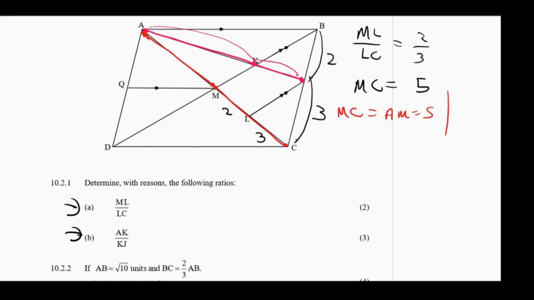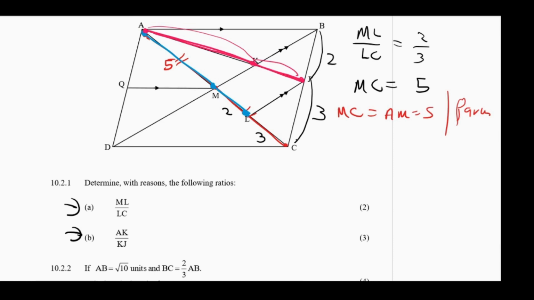Why? Because let's just say PAM. You can say PAM because this is a perpendicular bisector. So this portion of the parallelogram is equal to this side of the parallelogram. So you can just say PAM, parallelogram. And so it means here it's also 5, right? So now we are having this, so let me show you. So we're having this portion here now, from here to here and here. So now we can find AK,